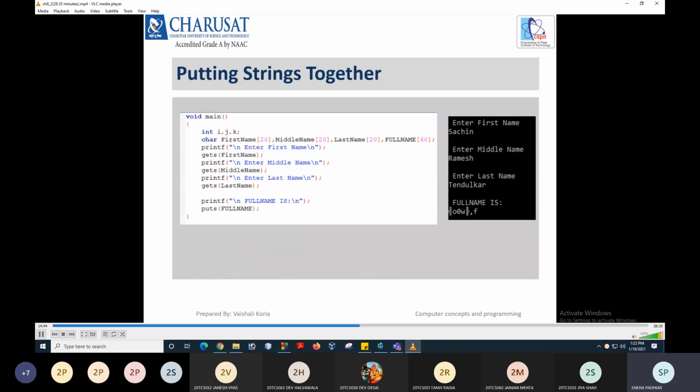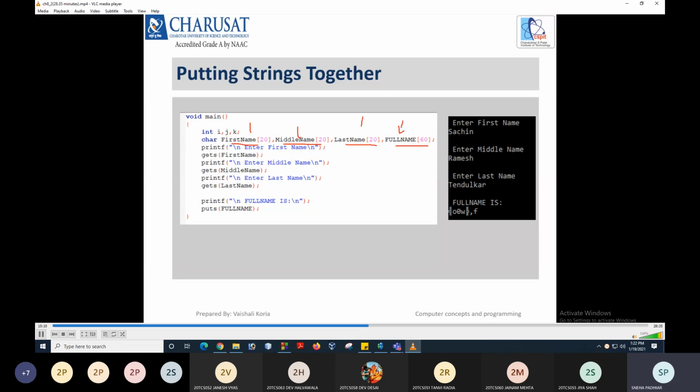So here the first step is obviously to declare the four strings, three for the input and one for the output. Okay. Now here you can see the size: if the first name, middle name and last name are of size 20, right, then the character array in which we are going to combine these three strings should be 60.